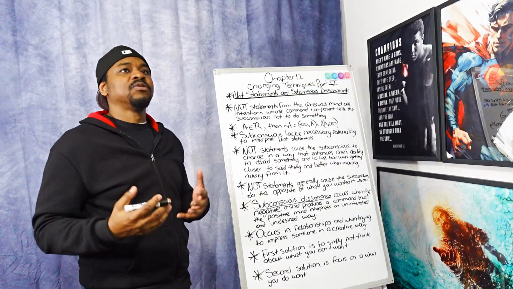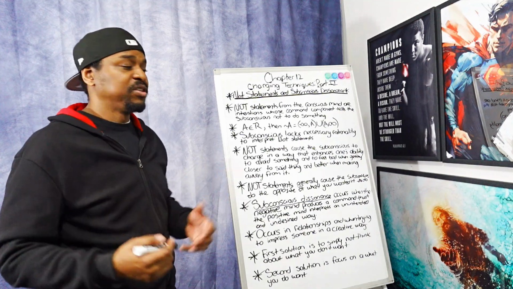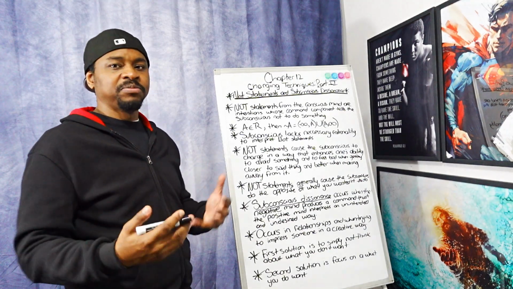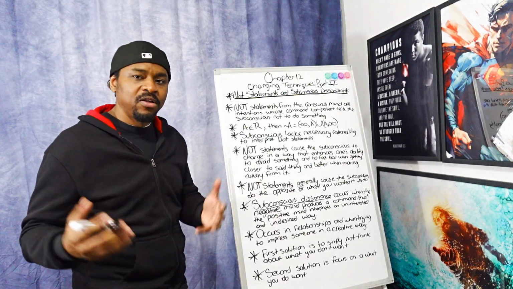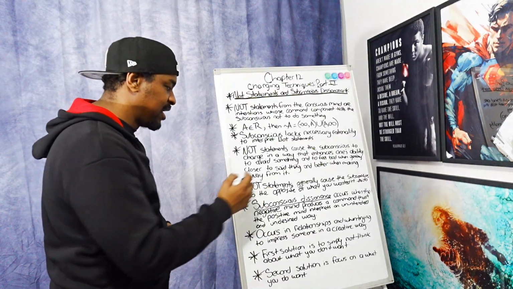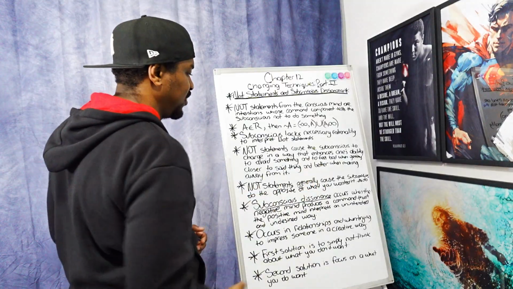So now you feel terrible, or when you do something you think is stupid that you didn't want to do, you feel very bad about it. Or if you think it's about to happen, you start to feel anxious, oh no, it's about to happen, right? So what can we say overall, kind of as a summation of that description? Well, it's basically this point. Not statements generally cause the subconscious to do the opposite of what you wanted.